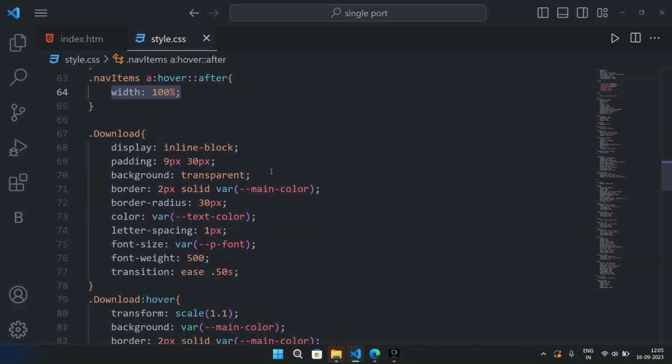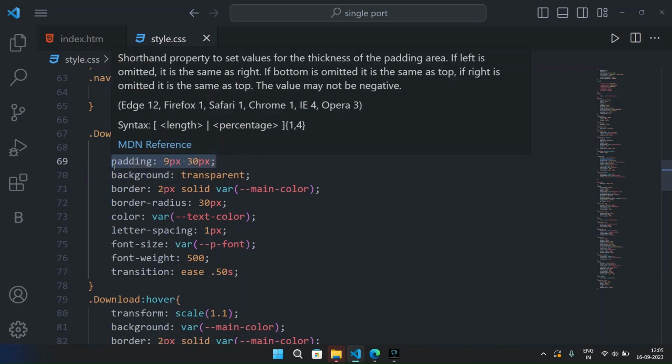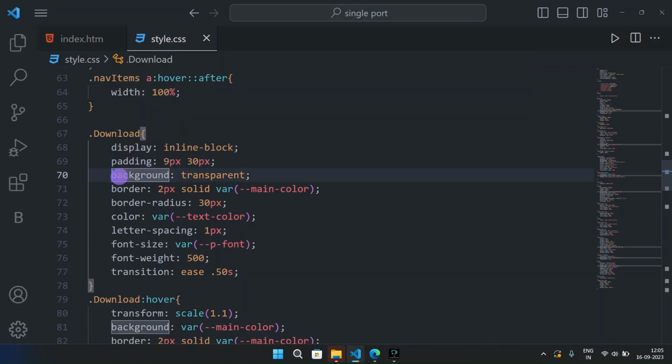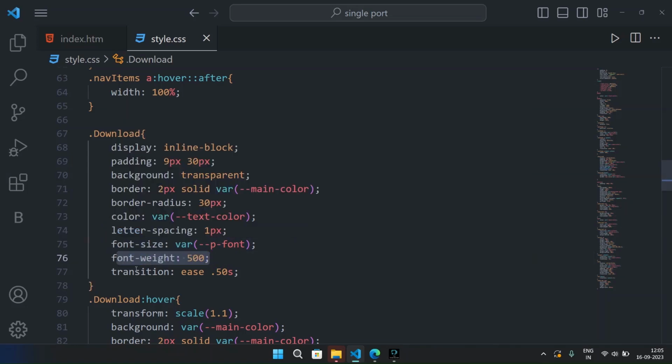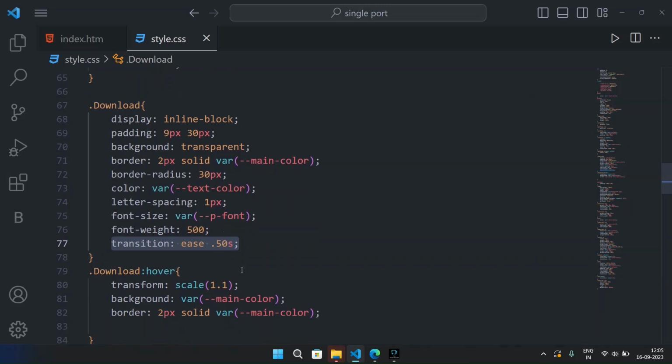So now we have a download button. For the download button, display inline block and padding 9 pixel and 30 pixel, then background transparent, border 2 pixel solid with the main color, and then we have a border radius, color of the text and letter spacing, and then we have a font size, then a font weight 500, then transition 0.5